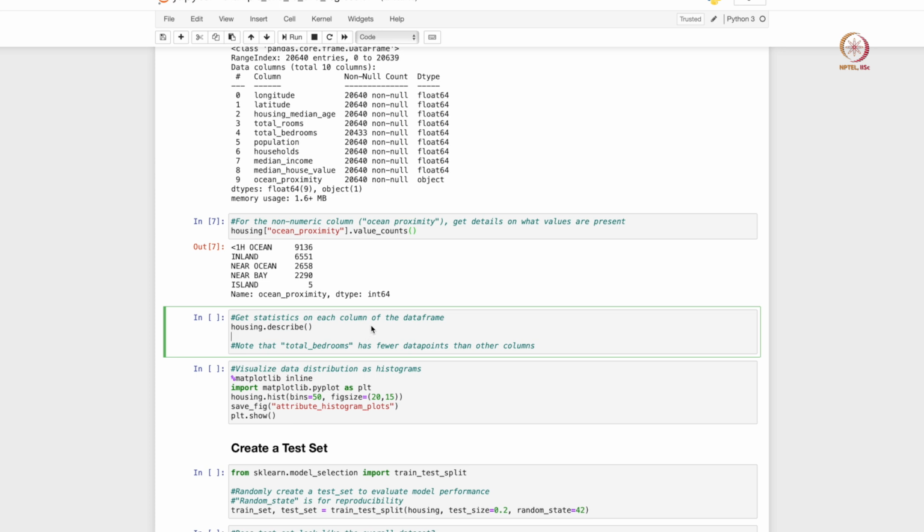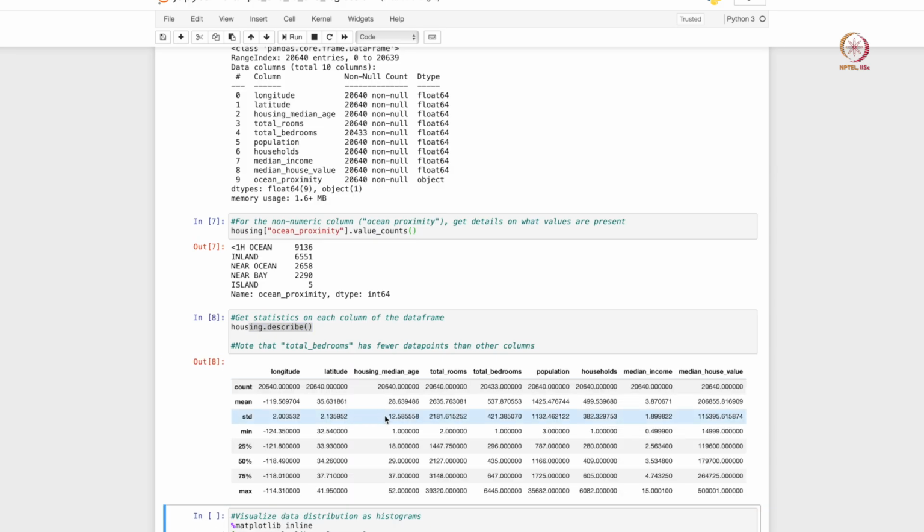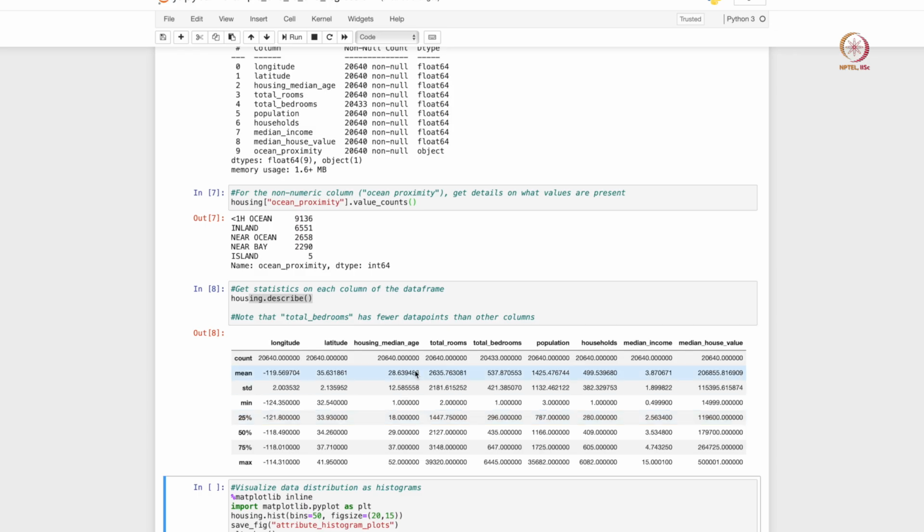The .describe function is often very useful in data frames, and this gives us a lot of statistics. So for example, if you take longitude as the column, it says that there are 20,000 data points in longitude. What is the mean of the data points, so the average, right. What is the standard deviation; the longitude does not vary by much, it only varies by 2 degrees.